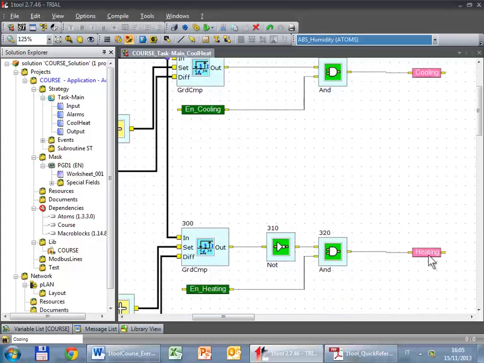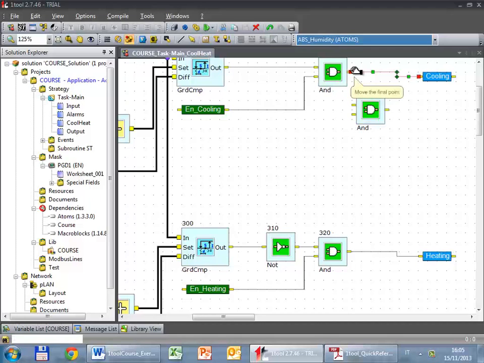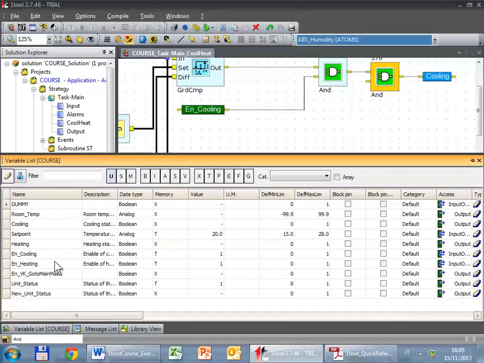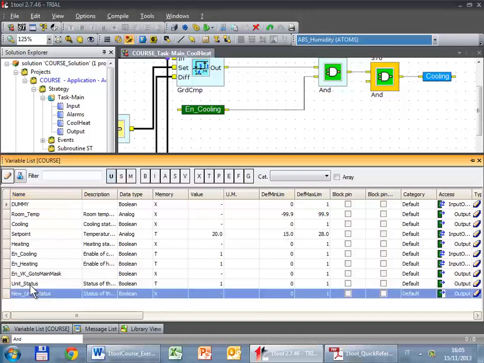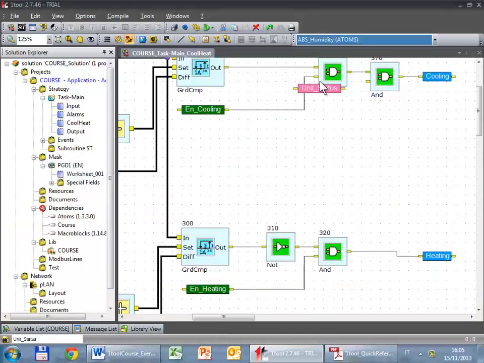We could just add a new AND here, something like this, with the variable UnitStatus. This is a good solution,